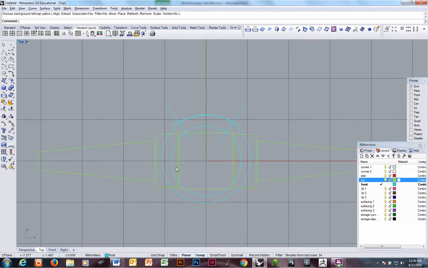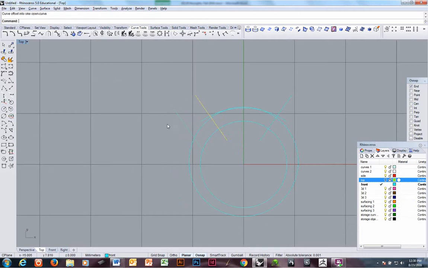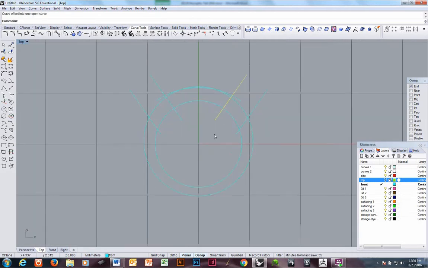So it's easy enough to do. Offset 5 millimeters. Okay. Now I know that these are going to taper slightly as they come into the center